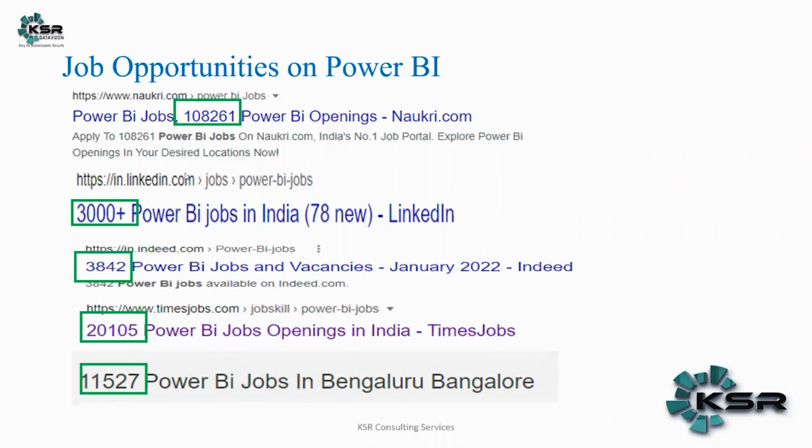You will see a lot of openings for Power BI. I agree that in some months there might be fewer openings, but on average, you will have this number of openings for Power BI. This is only for Power BI I'm talking about,